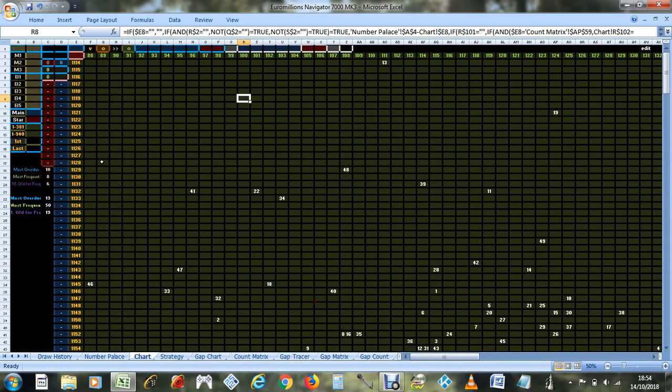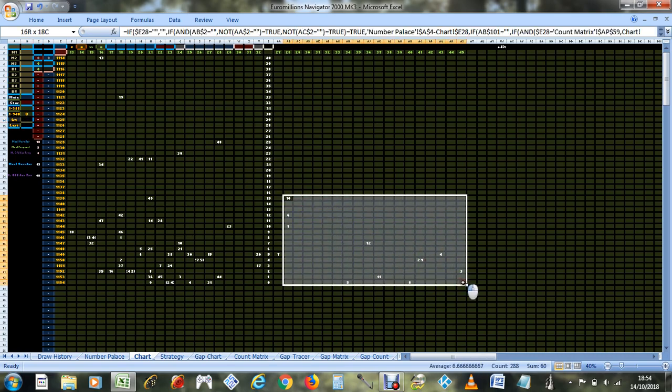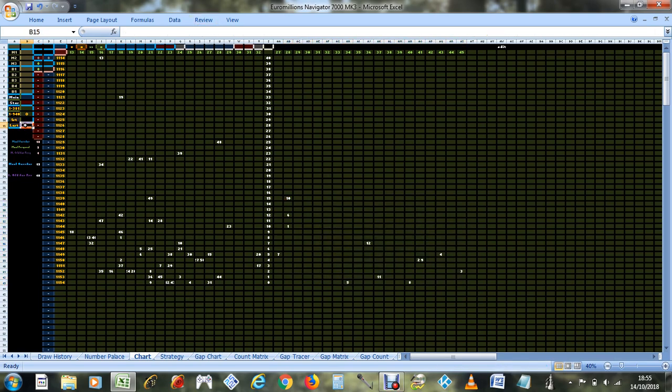So when we look at this chart, we see that main number 19 is the one that's most overdue for its frequency. And if you look at the star numbers, there's nothing quite as outstanding on this chart now that number 5's dropped down from up there, because before it looked like that, and now that those numbers have come out, that's dropped down and it now looks like that. So there's number 19. Let's suppose that I pick number 19,